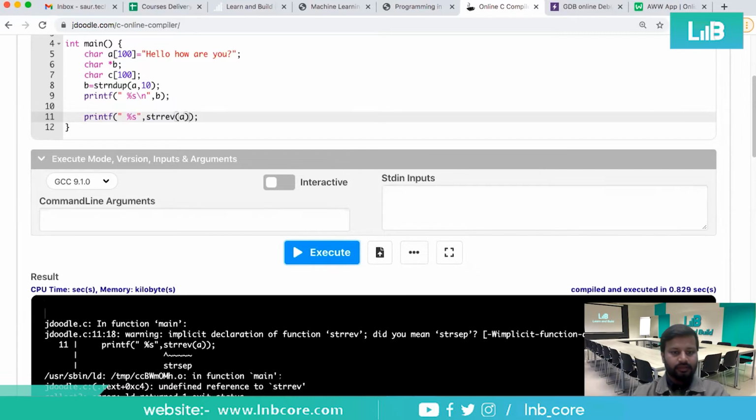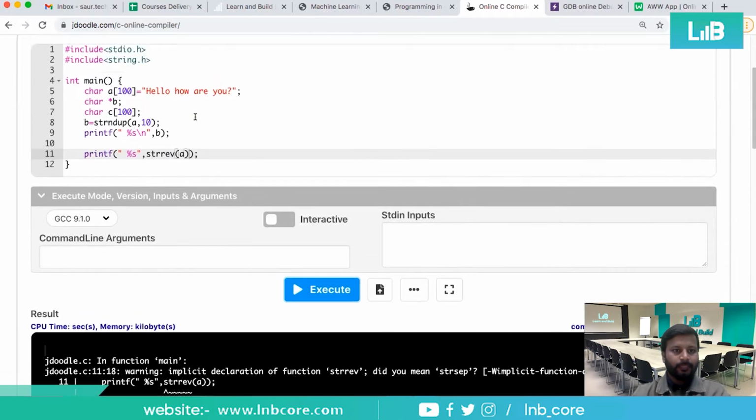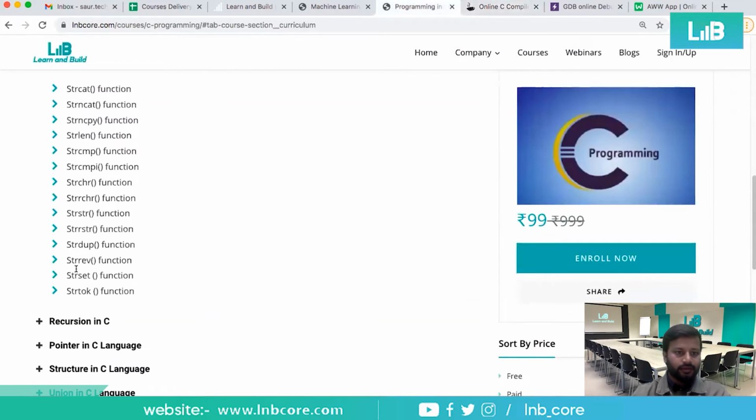Again, undefined reference to strrev. Let me go back to this thing, and the command is strrev.